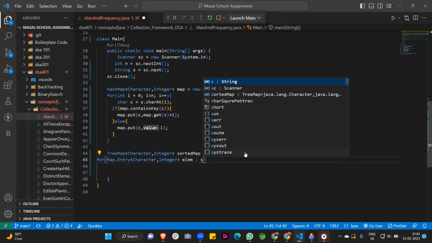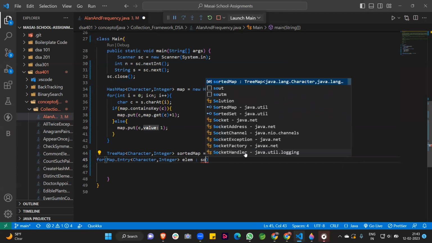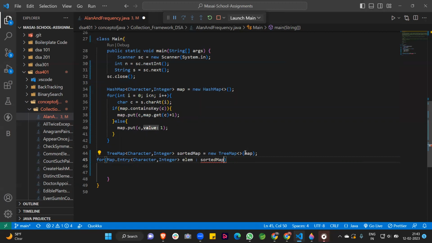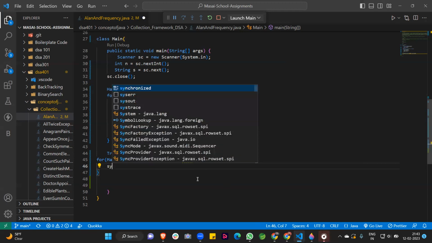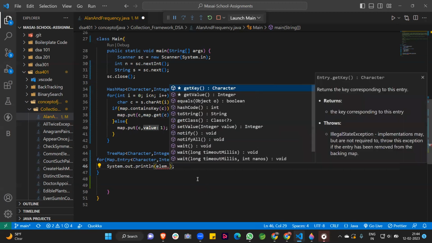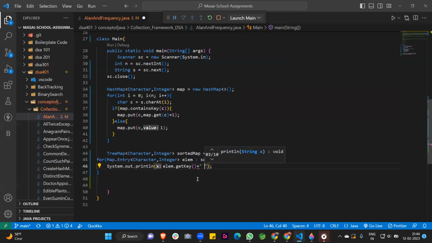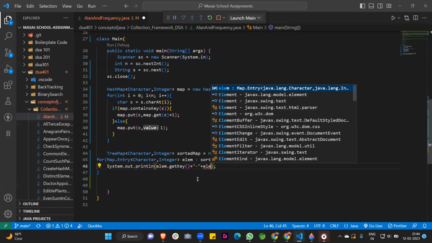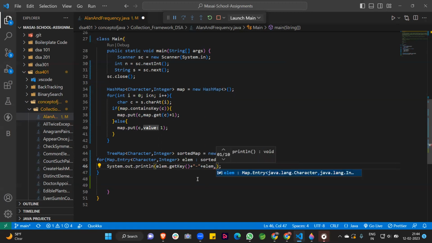Then the sorted map dot entrySet, you can see here a method entrySet. So each element contains the key and value here. So simply we write System.out.println, and element.getKey() plus a combination, and the plus after that element.getValue(). Okay guys, so this question is done.